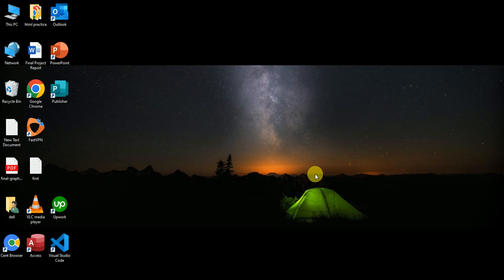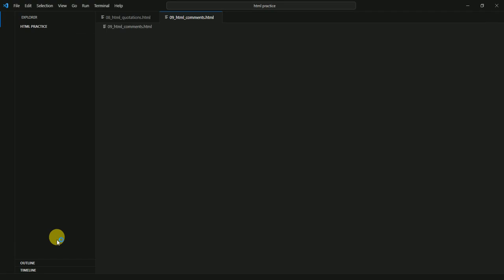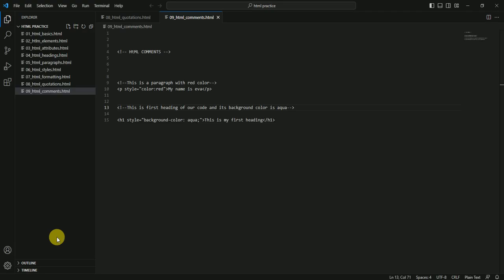So let's get started. First of all, I will go to Visual Studio Code, which is the best code editor for programmers, and it is the most used code editor. So it is open. I create a new window, new file, and call it HTML colors